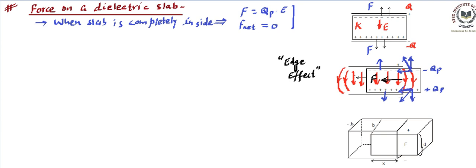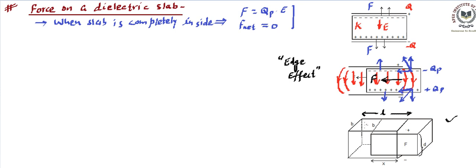Now the third picture is trying to demonstrate the same thing but in 3 dimensions. So this is the slab which has the same thickness D, and this is a parallel plate capacitor. The width of this has been given as B, and D is the gap between the plates, and let's say the entire dimension of this plate that we are also going to use is L. So L is the length of the plates, B is the width, and D is the gap between the plates.